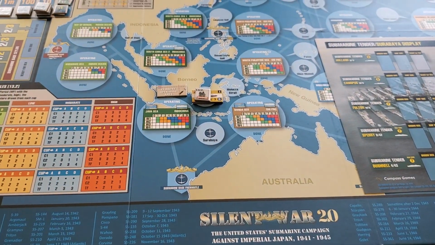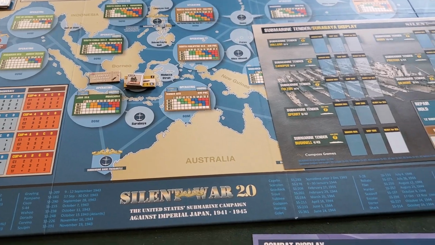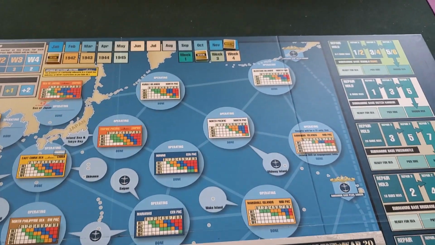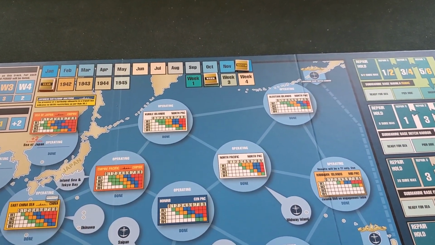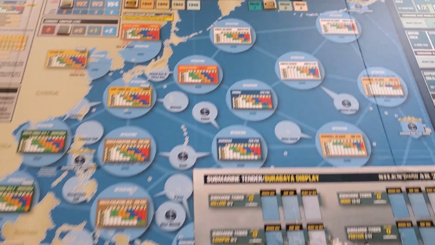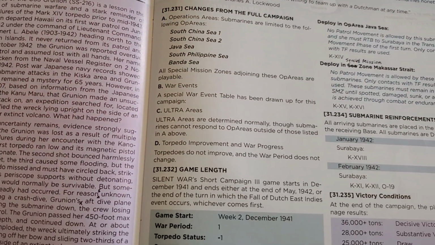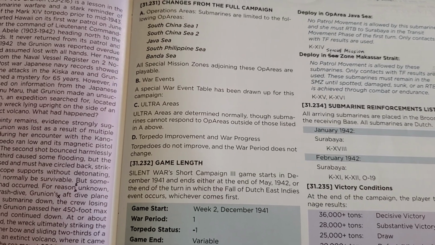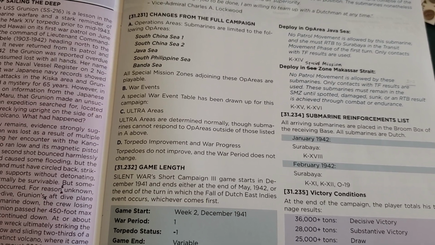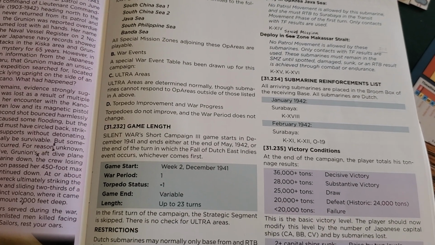So we will wrap it there for this video, and we'll be back for week number 3, which is actually the second turn of the scenario. The scenario started in week 2, December 1941, and it goes until either the end of May 1942 or when the fall of Dutch East Indies event occurs. So it could potentially take up to 23 turns,